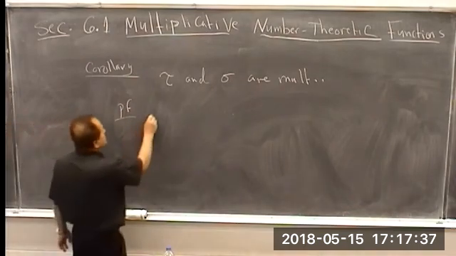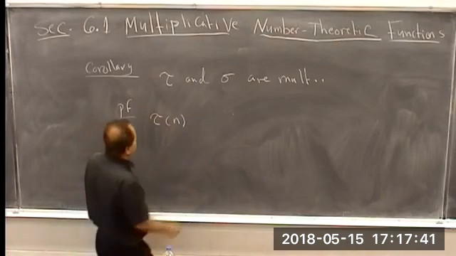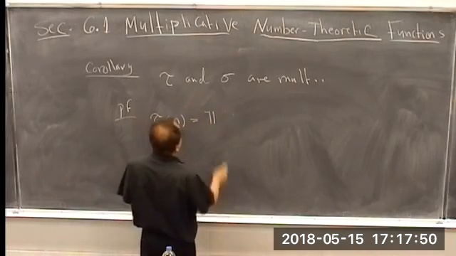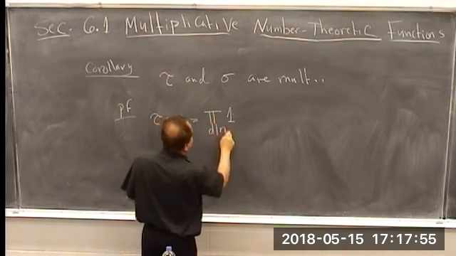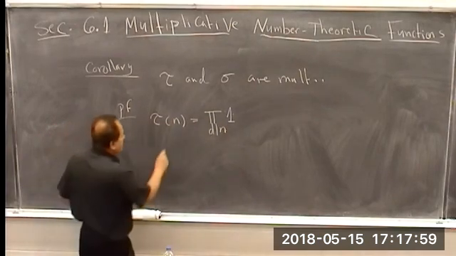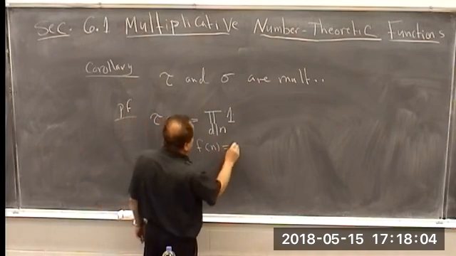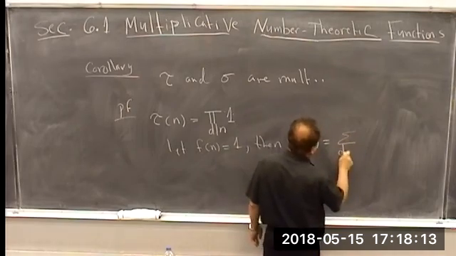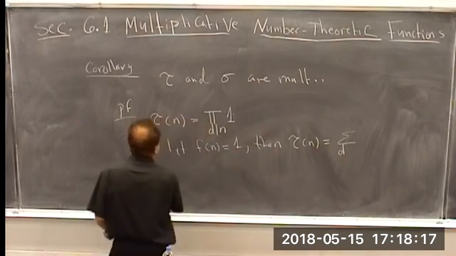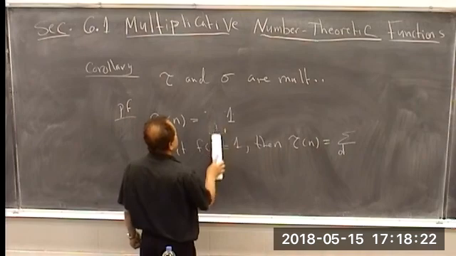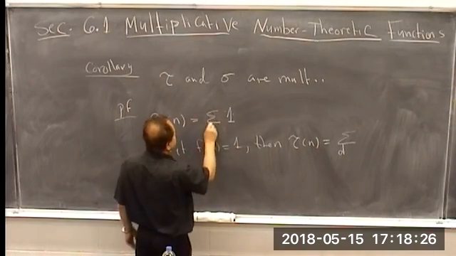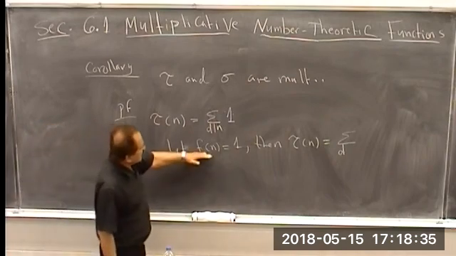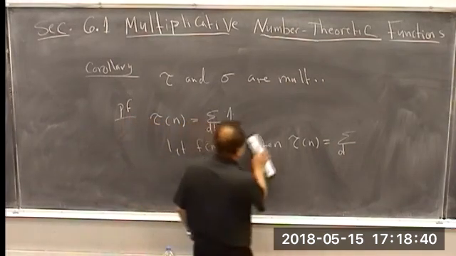Now remember that tau of n, this is what we call the number of divisors, and we wrote this as this. All right, now let f of n equal 1, then I claim that tau of n is equal to this. Not a product, it's a sum. That means we're going to add how many ones, and for every divisor we're going to count 1. So if I let, in the theorem, f of n equal 1,